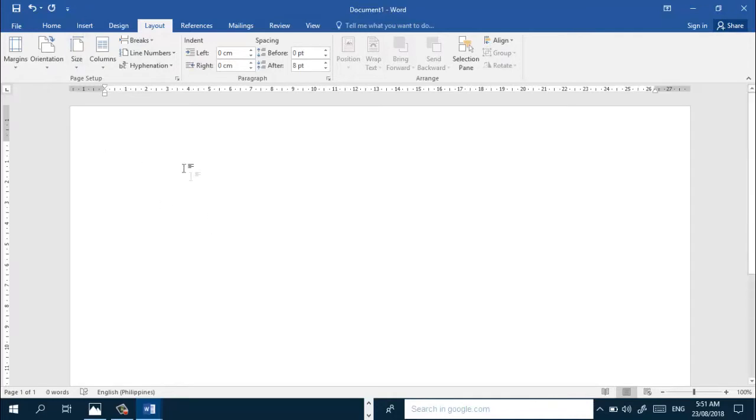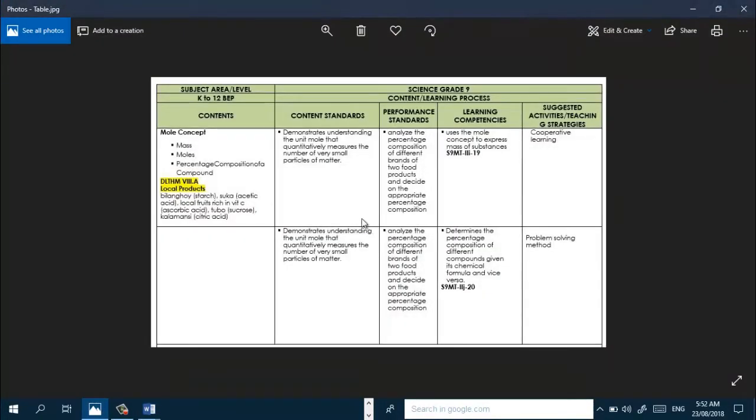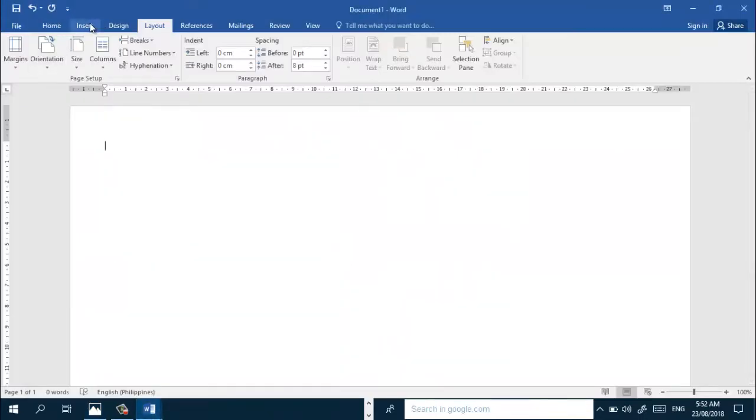So before you insert the table, you need to know what kind of table you want to make. So let us say, for example, you wanted to have this kind of table. You need to count the number of columns. So we have here 1, 2, 3, 4, 5 columns, and we also have 1, 2, 3, 4, 5 rows. So going back to our work, we need to click insert,